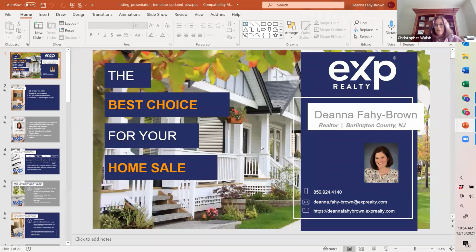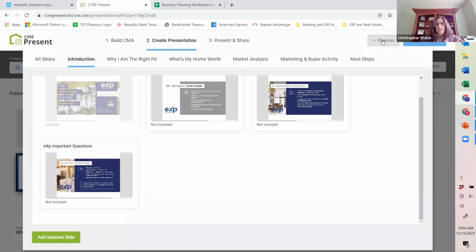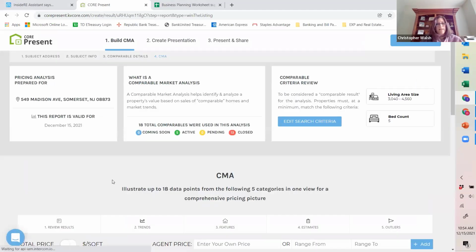You can assume that EXP took care of all that. But if you don't like this photo, but you like the idea of having this cover slide, you can certainly take the EXP logo and build a slide yourself. I can't show you right now because I'm in the middle of the presentation, but